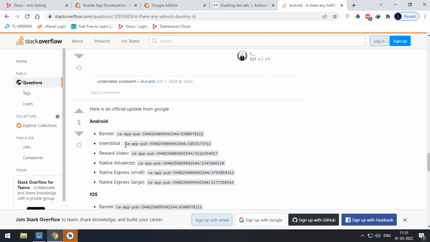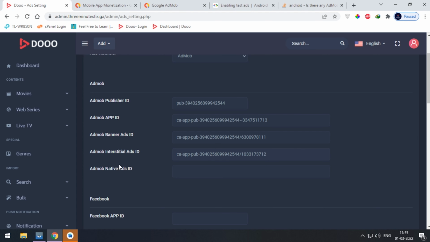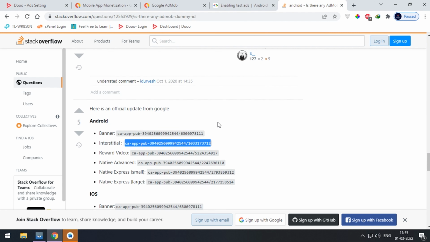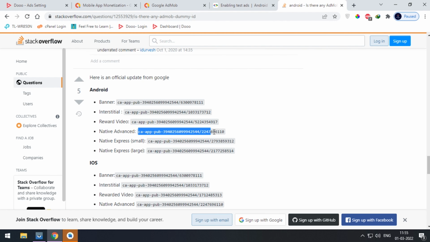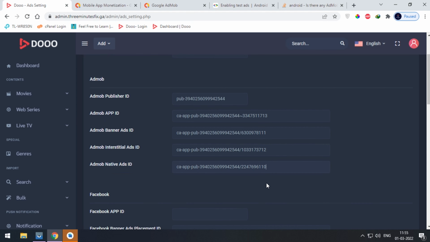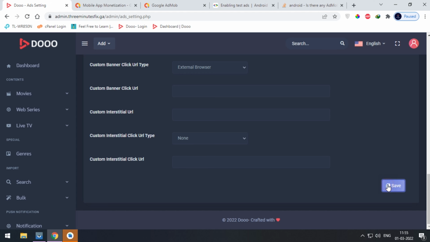We will also paste our interstitial ad ID and native ad ID to our dashboard. Now press the Save button.